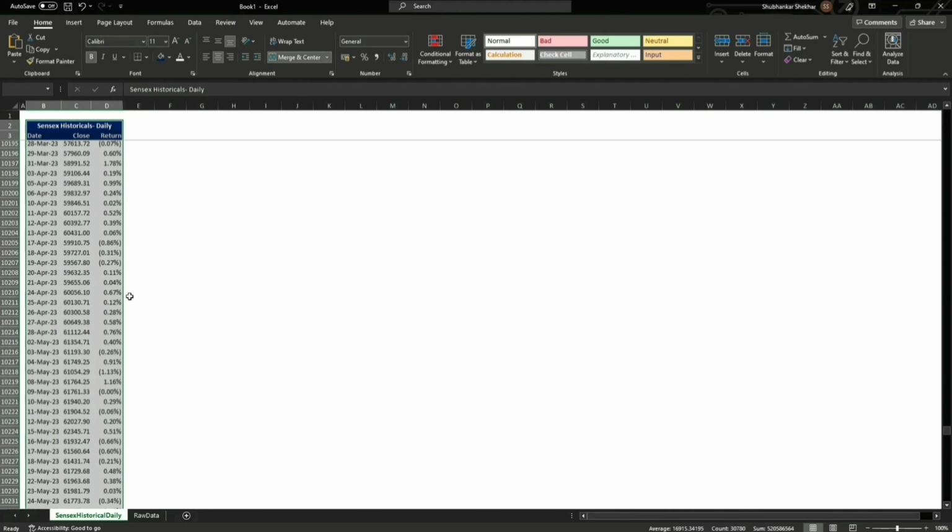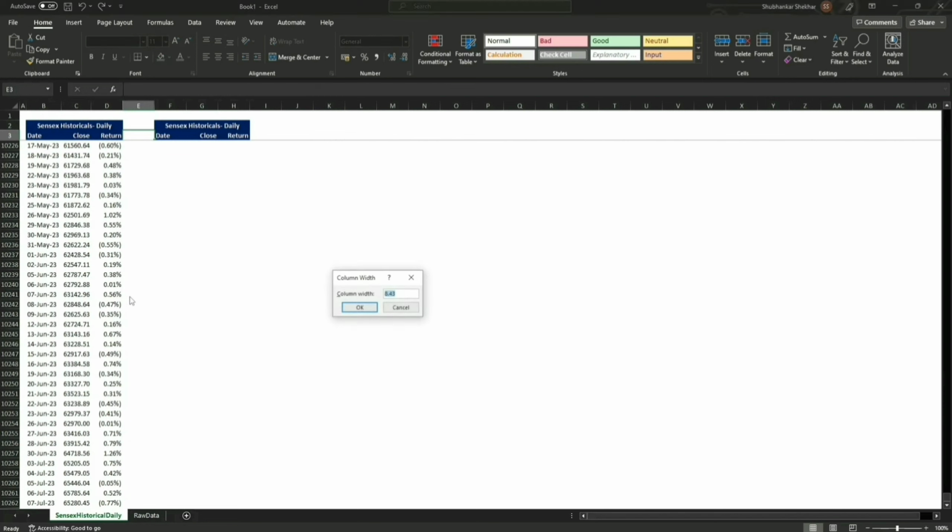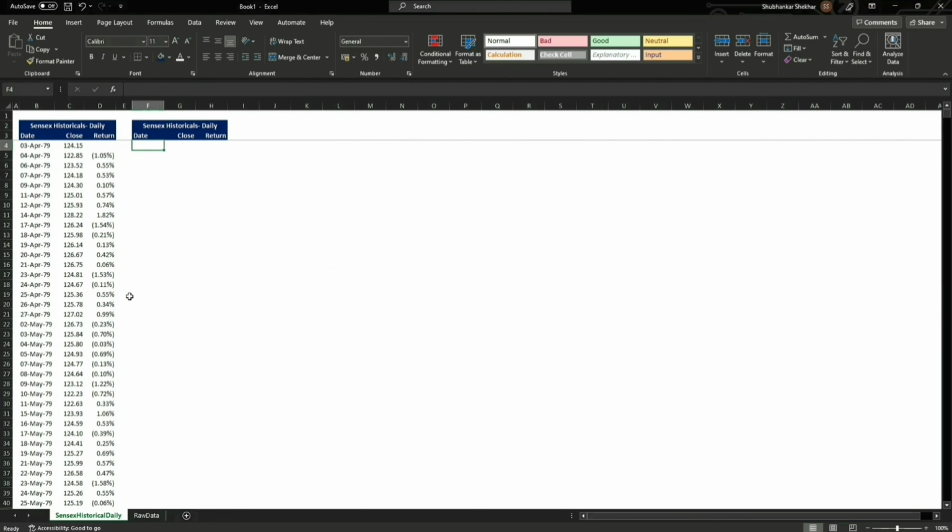Okay, now we're going to copy this, paste it here, and instead of date, here it is going to be average close. This is going to be Sensex average annual return. So here the first starting year happens to be 1979, right?